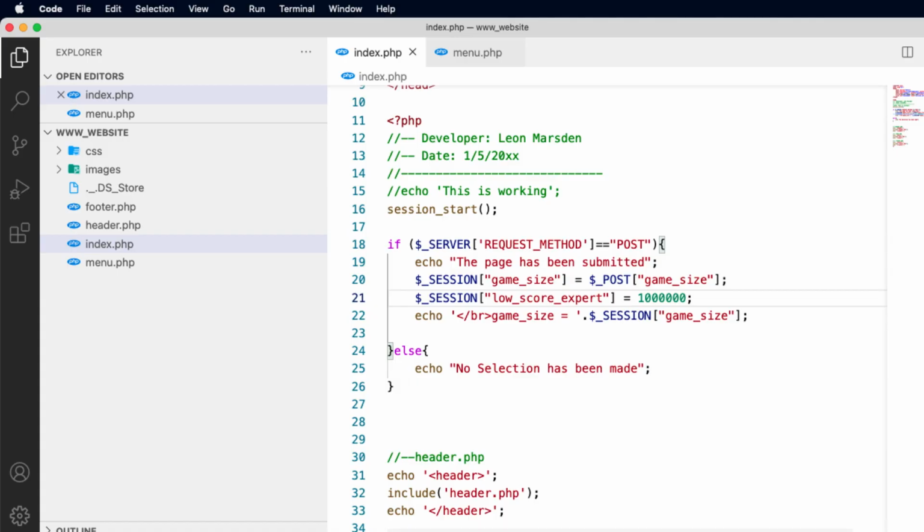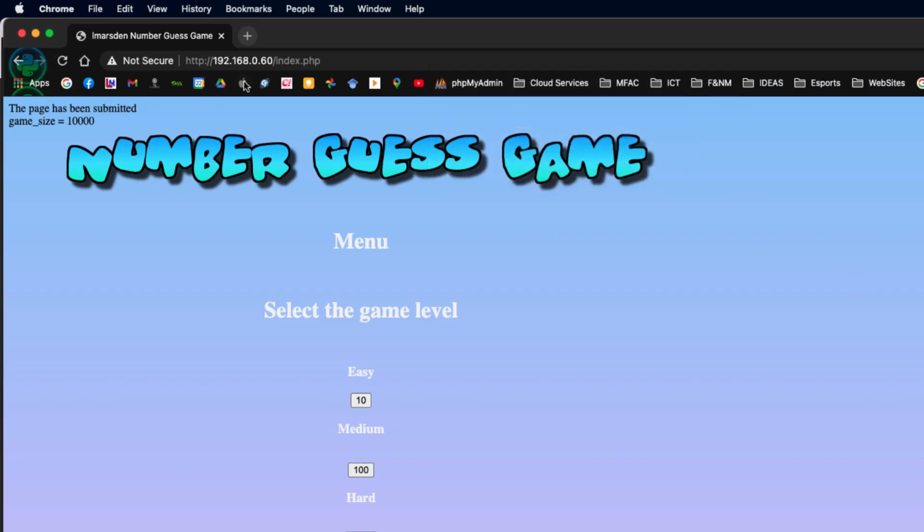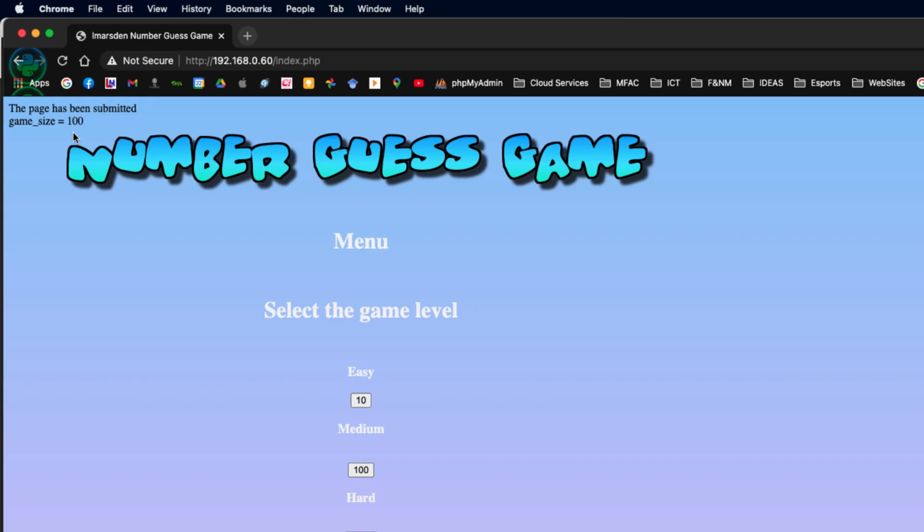Just to make sure this line of code's correct, because I've saved it, I'll just go back and refresh my page. Go continue. We'll come up top, press enter, and you can see no selection has been made. Click on 100, it's been passed through. So therefore that body of code has been run. If I want to see that,